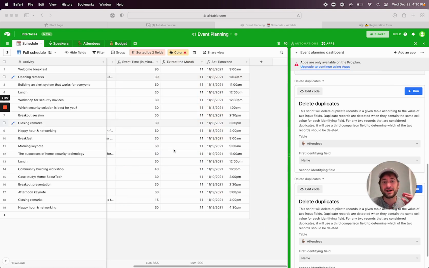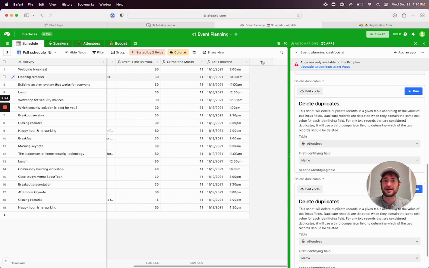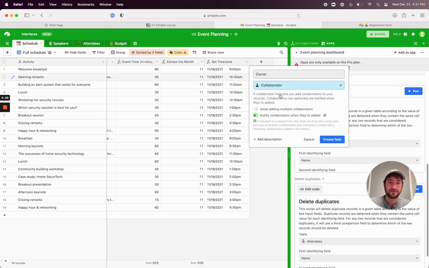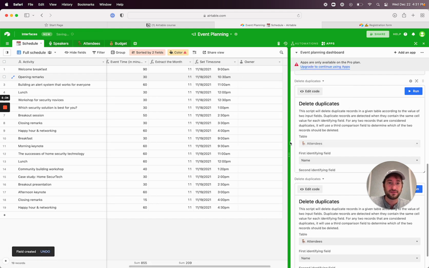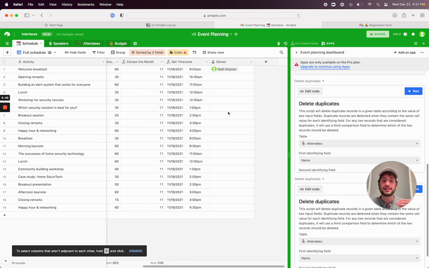All right, and then another collaboration tool here in Airtable is to add a column, call it owner, for example. Let's say we have an owner for each specific event here. And what you do is you add a collaborator field. And what you can do is notify collaborators when they're added. We'll go ahead and create the field. And now we can actually add collaborators, which is really helpful if you have a big team. If you add a collaborator, because we said notify collaborators when they're added, that will send them an email and they'll get a notification that they were added to that